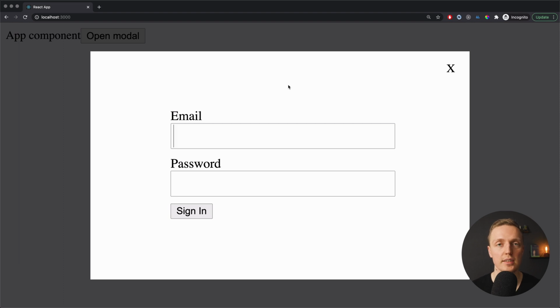sign in on some website. As you can see, React did a great job of hiding all complexity of rendering elements outside of React tree. And actually, as you saw, all props and events are still just working like inside the React tree. But our modal is not in the React tree completely, but we still can communicate and out of the box